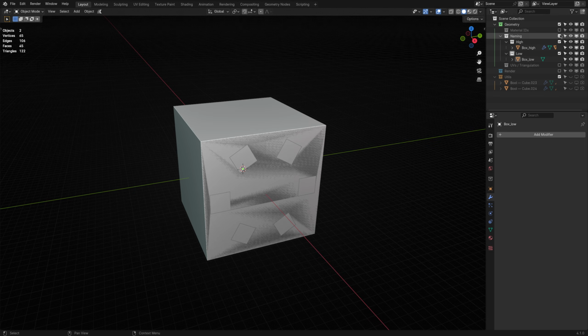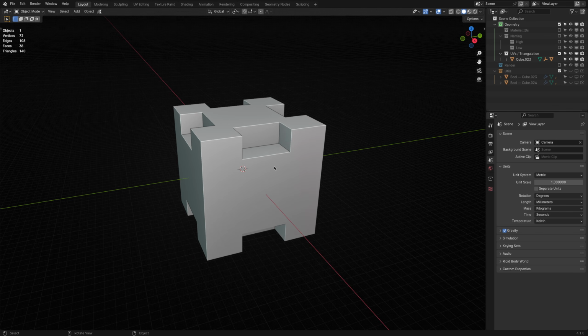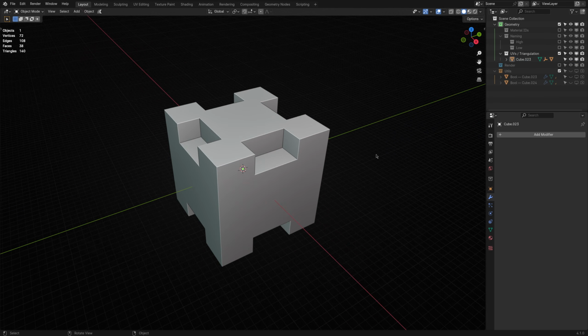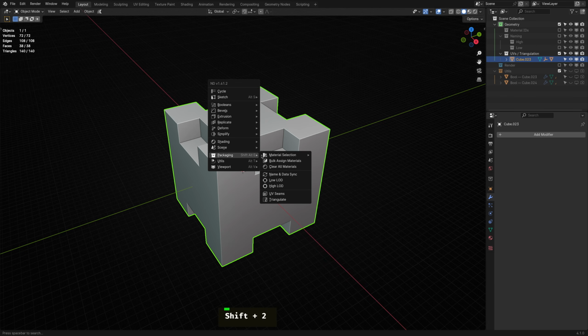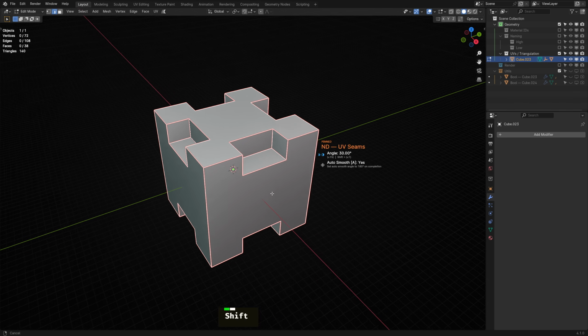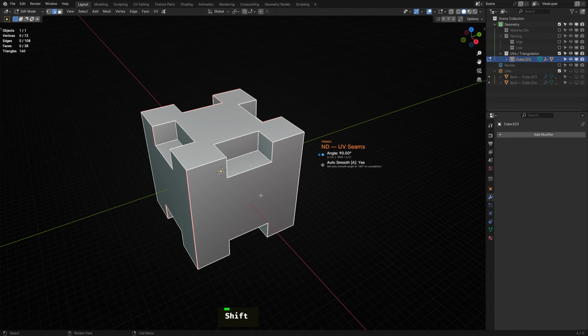Okay, up next is the UV seams operator. This operator rapidly adds sharp edges and UV seams to your object at a specified angle. To demonstrate, let's select this object and run the operator. I run my sharp edges at 30 degrees, so the default here is perfect, but you can change it to any angle you want from 0 to 180. You also have the option to apply smoothing at 180 degrees, which is typically what you want for best results when baking. I'll go with both defaults and confirm the operation.